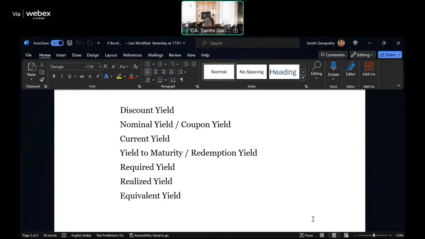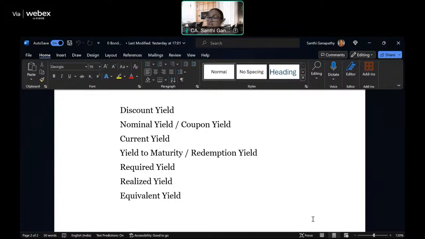Next is the most important yield, which is yield to maturity or redemption yield. We already discussed yesterday that yield to maturity is the internal rate of return. In capital investment, we will say internal rate of return. In equity, we will say return on equity. In bond, we will say yield to maturity. They all mean internal rate of return only. Now here, the reference is to the current market price. If you invest at the current market price and hold on to maturity and also make the reinvestment as and when you get the periodic interest, then you will have yield to maturity to be whatever is the realized yield.